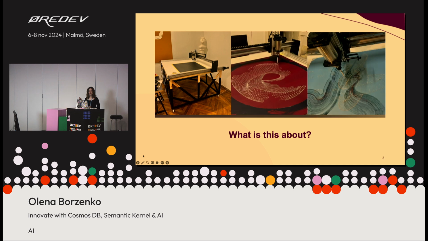So, does anyone know what it is on the right side of the screen? Yeah, the machine, how it's called. Plotter. You know that because I told you yesterday. That's cheating. Yeah. So this is a CNC machine. It's called Big Plotter. We call it like that. This is basically a machine for engraving or wood carving. Laser cutters have a similar structure. So the motor is moving around on the rails, and you can do something with that.